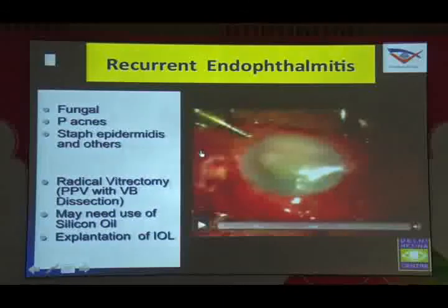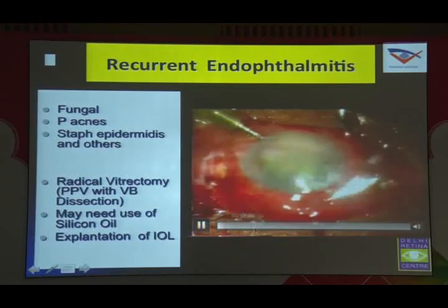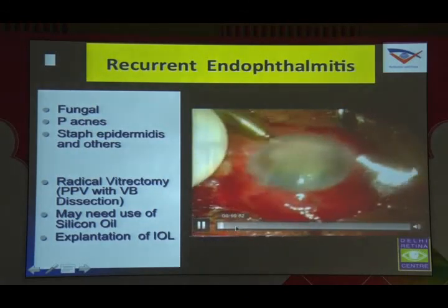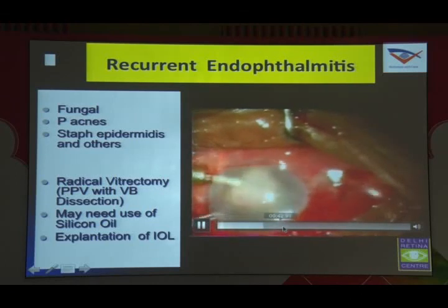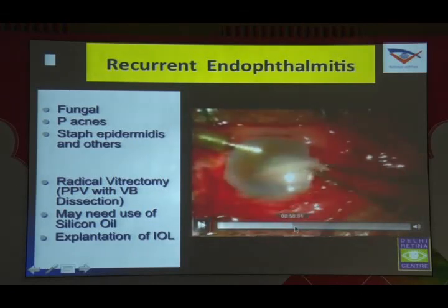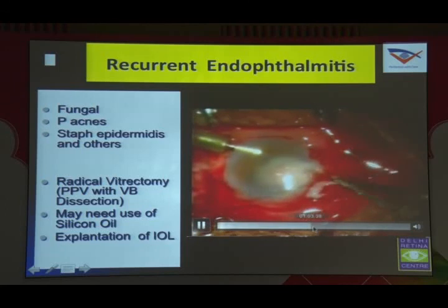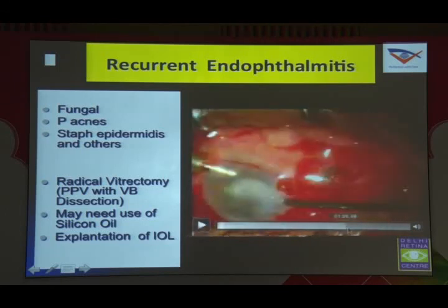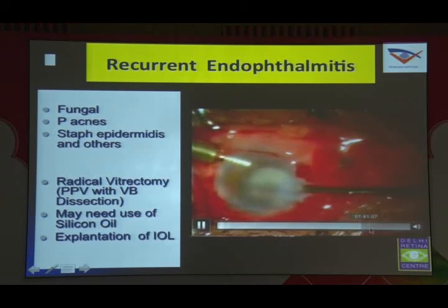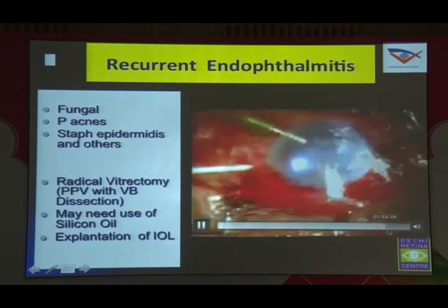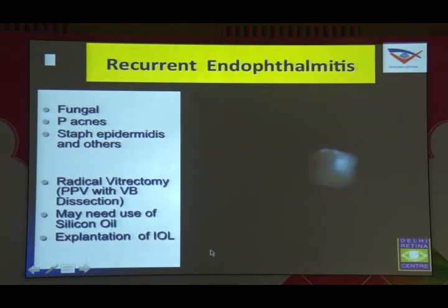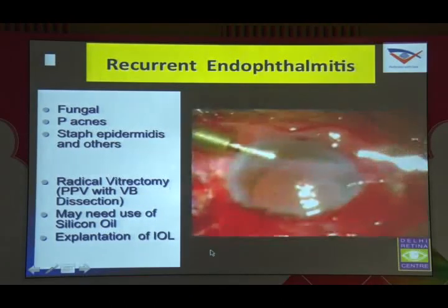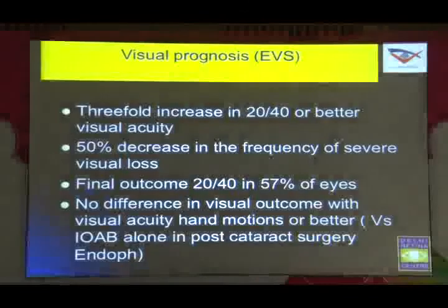Now, there are cases where you can have a recurrent endophthalmitis, and these situations initially may look unmanageable, but once you persist with them, you can create a situation where you remove the entire exudate from the AC. This whole thing comes off, the eye is very congested, and once you're able to get that off and have a reasonable clarity of media, then one can go inside and do a vitrectomy, and it generally works out pretty well. Sometimes you may have to do a radical vitrectomy and explant the IOL.